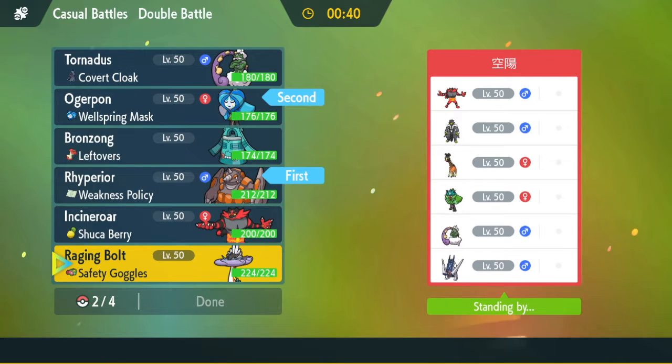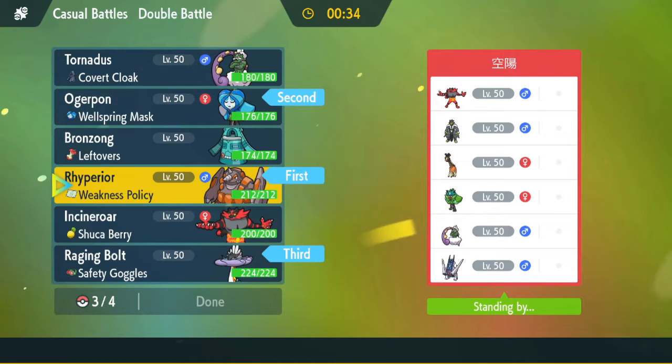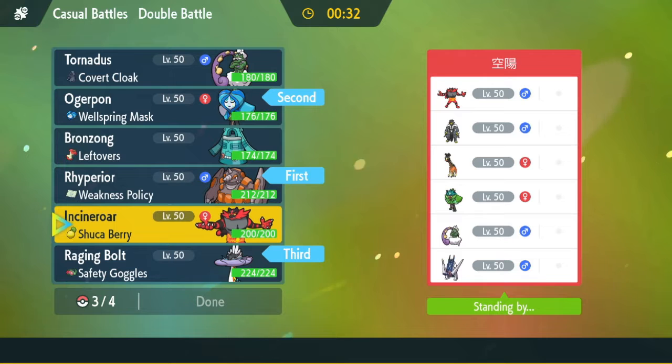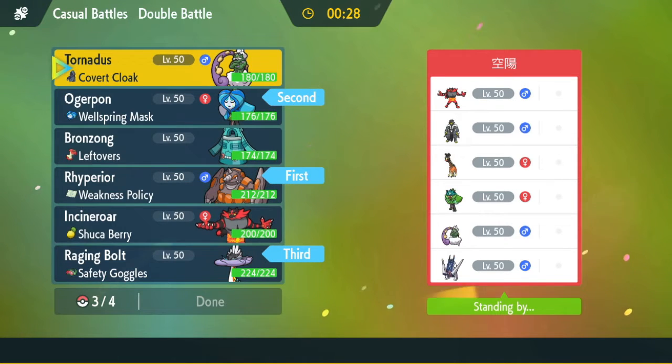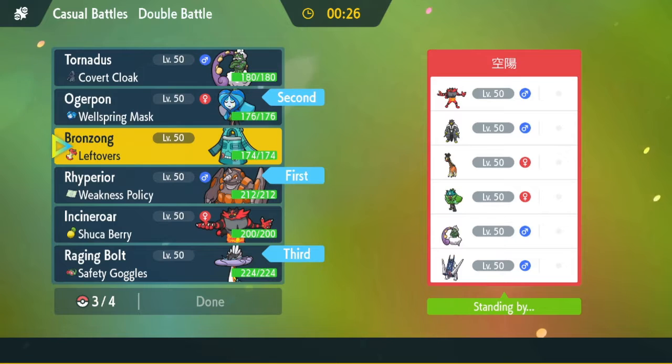What else do I want to bring? Raging Bolt looks pretty good here as well. He might not even bring the Urshifu because Raging Bolt's really good versus him. Either that or he brings Chien-Pao lead as well, which could be a bit of a problem, but I'm not really too worried about it. Just mainly to stop the priority, but...